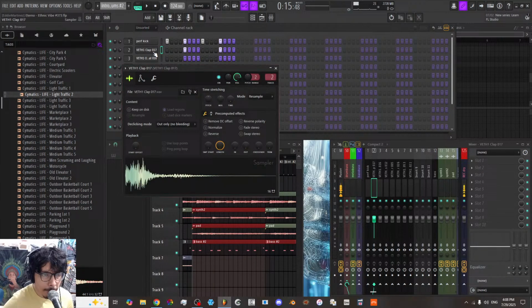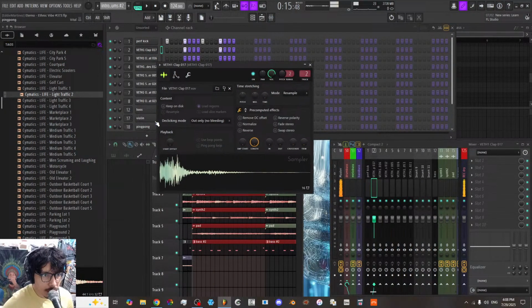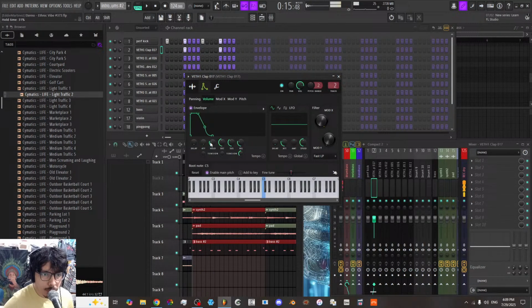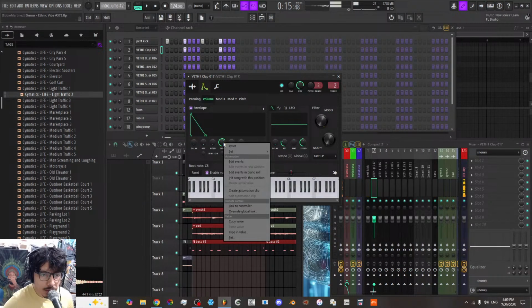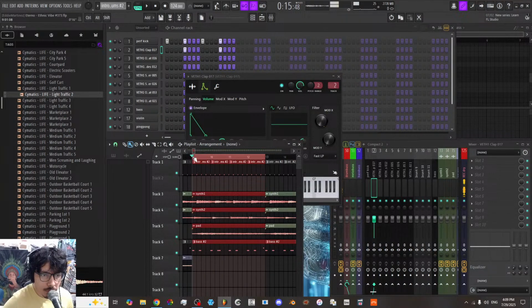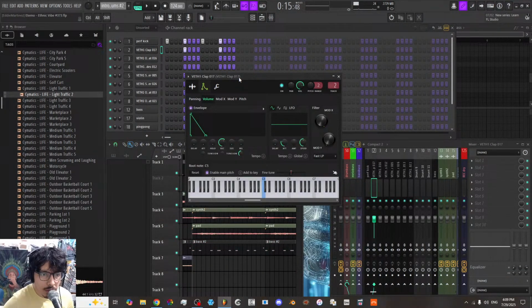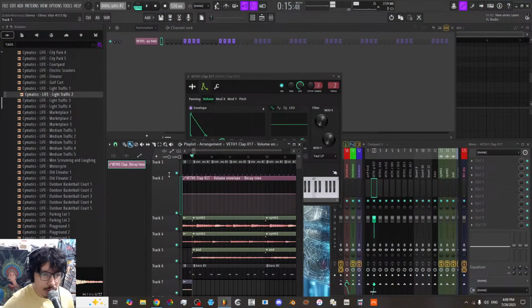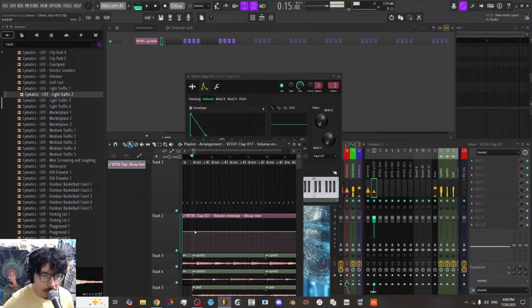Now it's that one. I also need to rename these so that I can read them better. Anyways, make an envelope. Turn all this stuff down. And then create an automation clip here. I'm gonna get rid of the loop so that it doesn't loop and instead extends the full way. And I'm gonna start this off very low.